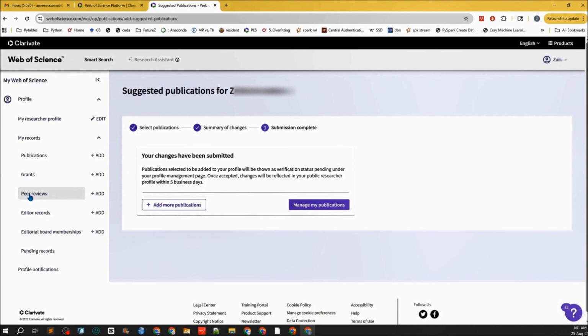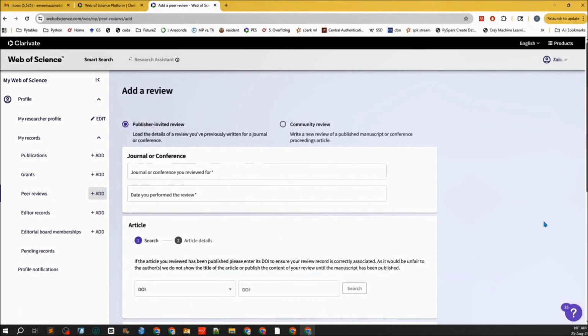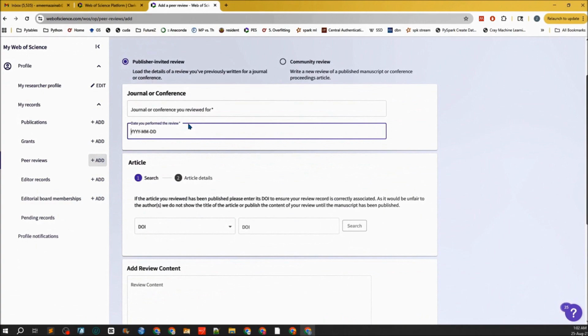Now let's see how to add the peer reviews that were performed by this person. So it's basically the history of the papers that have been reviewed by her for conferences and journals. It's asking for the journal or conference that she reviewed for and the date she performed the review. So this process looks more